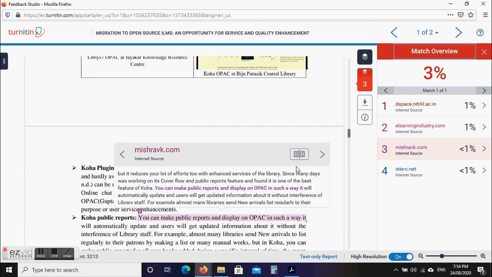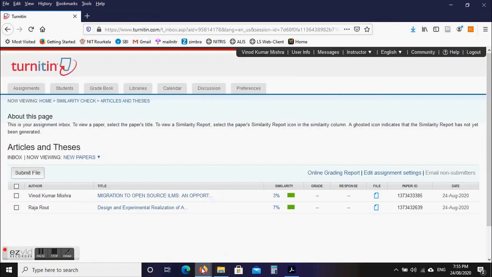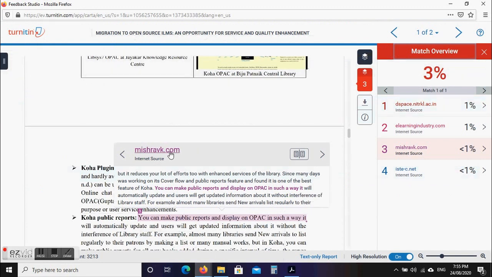Now suppose I wanted to see the original source, it is giving some error, meaning this page is not available. Why? Because this was actually my blog and I stopped handling it. So it may happen sometimes that the resource link is displayed, but you won't be able to see the full text or the actual resource, because suppose Elsevier journals, Springer journals, like in the earlier example I have demonstrated